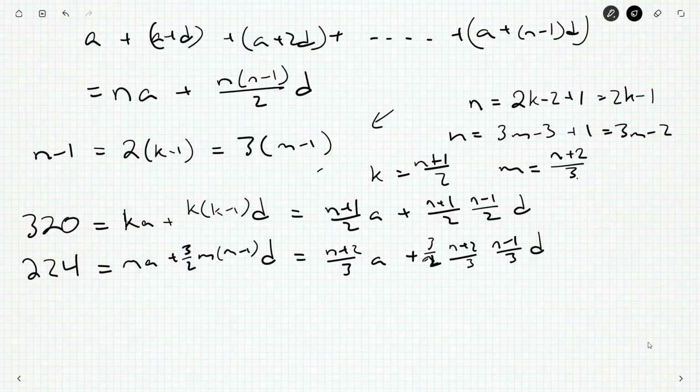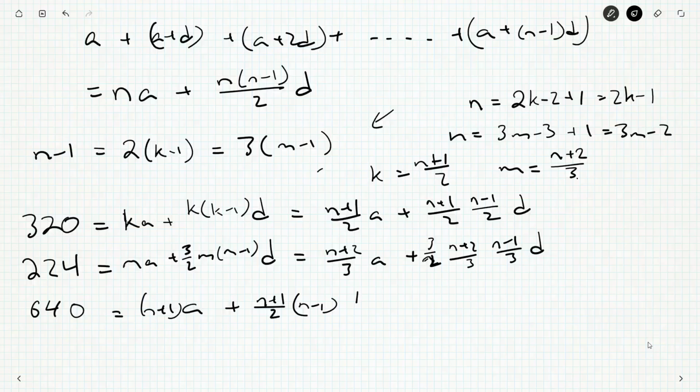So now, where do we go from here? I'm going to multiply the top equation by 2 and the bottom equation by 3. So 640 is n plus 1 a plus n plus 1 over 2, n minus 1, d. So now I've got my n minus 1 over 2 d, I just have an n plus 1 sticking around as well. And then multiplying 224 by 3, we get